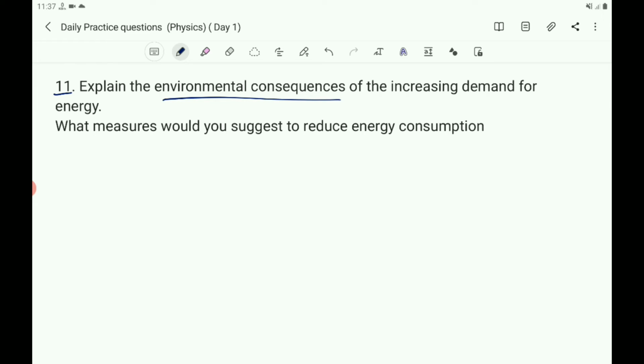When looking for alternative sources of energy, we must keep some points in our mind: ease and cost of extracting energy from the source, the efficiency of the available technology, environmental impact of using that source. So, let us write here: increasing demand would